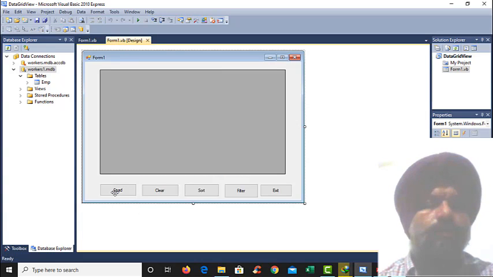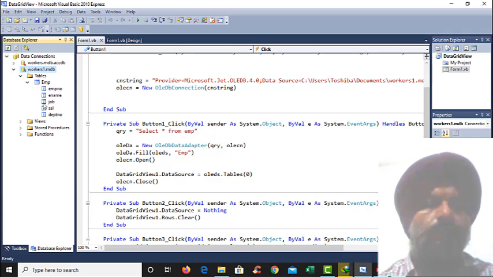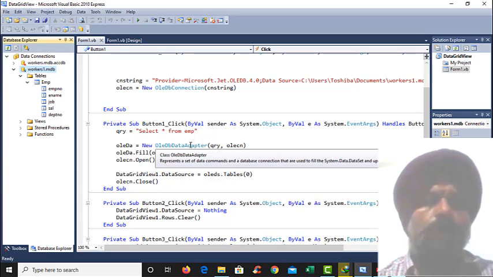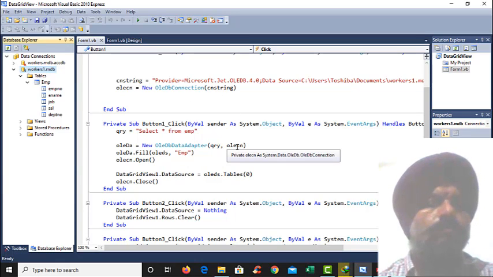The load button is used to display all the data in the database in a data grid. In the load event we write the query select star from emp. For your information, I am opening the table's columns here for your reference, otherwise we can delete it. I am repeating again, I write the query select star from emp. Now we initialize the data adapter object by passing the query value and the connection string object.